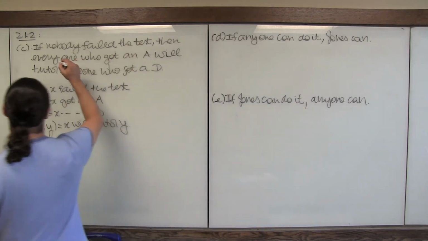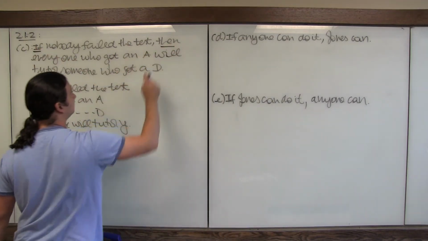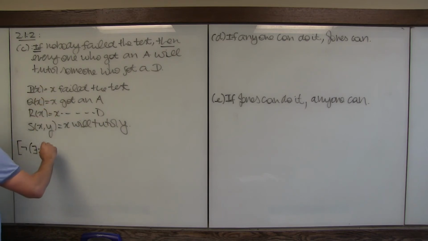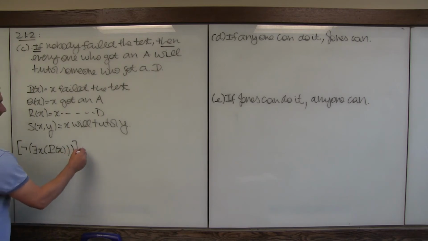So again, here there's a very clear if-then. So before the if, we need a nobody failed the test. So that is to say that it does not exist an x such that x failed the test. Okay, so one parenthesis, two, and braces. So it does not exist someone who failed the test. So this is the if part. Then